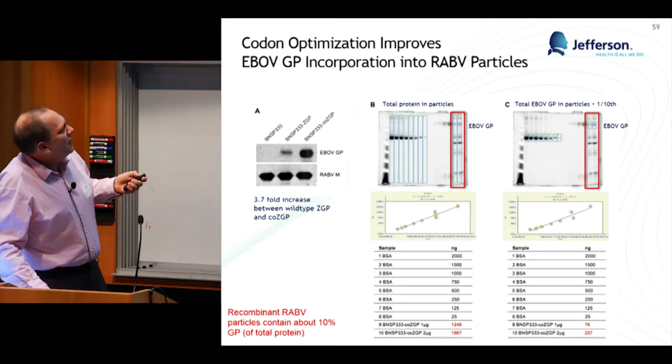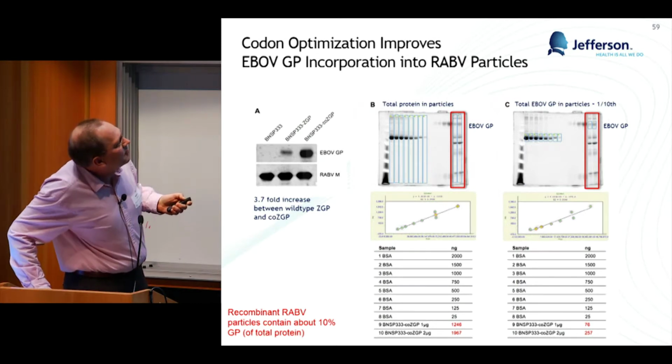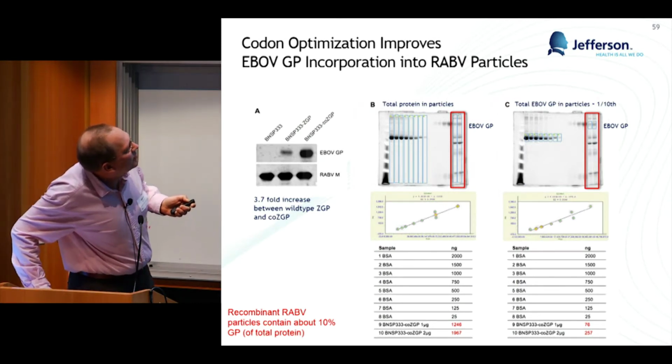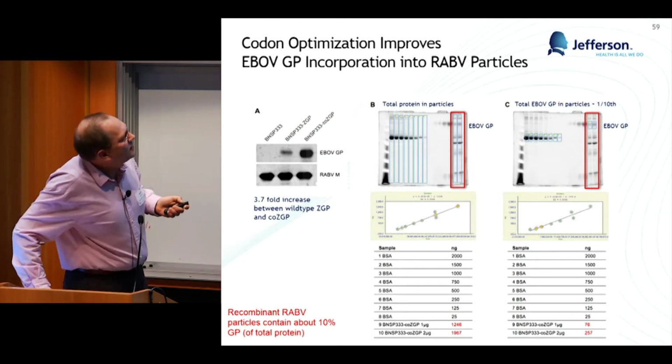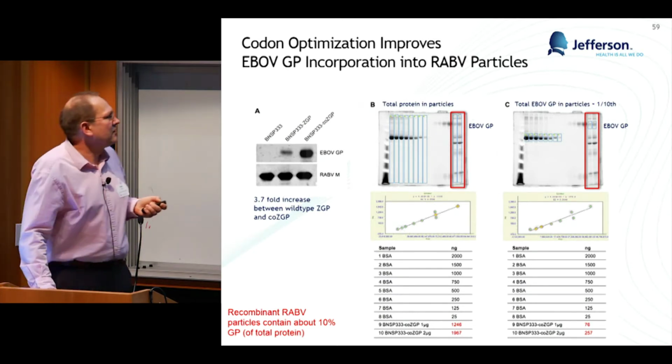This is our vaccine, which I just showed you in this experiment. And this is the codon optimized version expressed, and we get about 4-fold more increase. In fact, now in the viral particle, which I'm really happy about, this is rabies G here, and this is Ebola GP. They are equal, it's about 10% now within the particle.